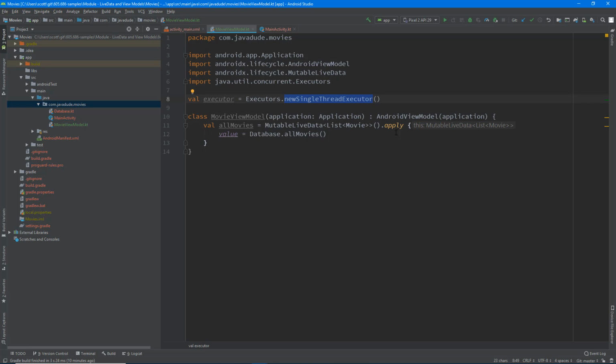What I want to do inside here is, instead of saying value equals all movies, I'm going to say executor.execute. And then inside there, fetch the data and set the value. But now, because I'm calling executor.execute, I'm running on a background thread. So I can't call set value. I have to call post value. Post value will schedule a little job on the user interface thread to update this data inside of my all